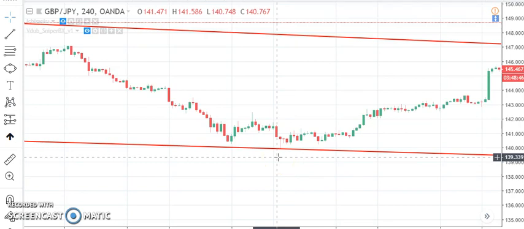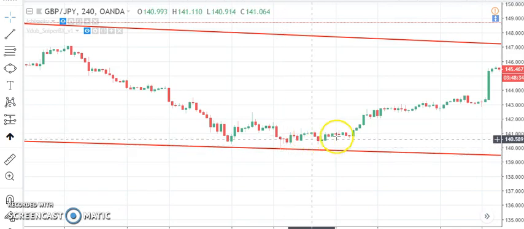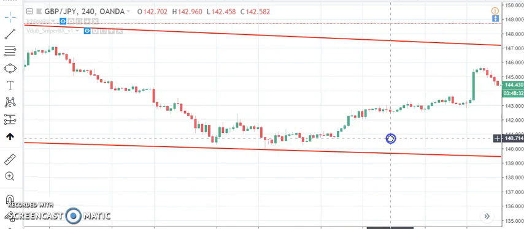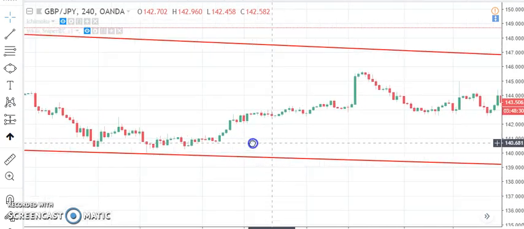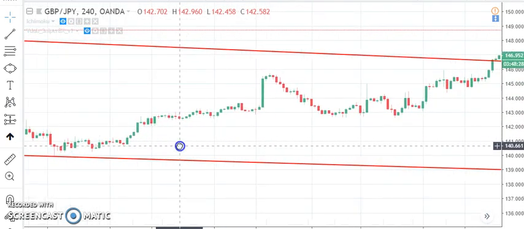Depending on your lot size, as long as you're utilizing risk management, you can take this trade. If you're confident in your technical analysis and your price action, you can simply take the trade, put a tight stop loss, and let it run. And as you can see, it never came back down to the trend line,